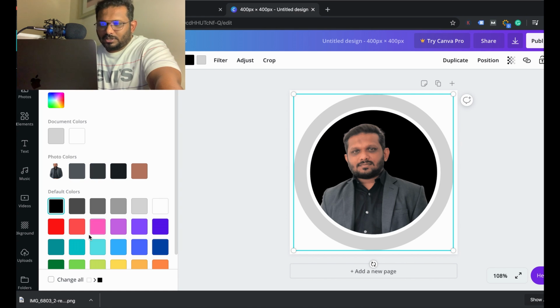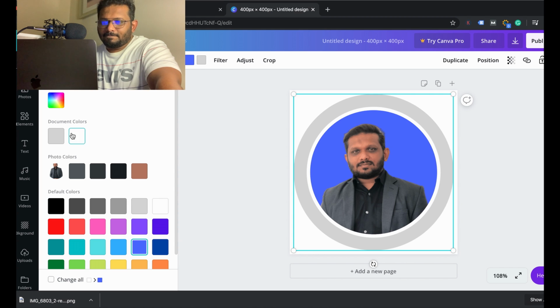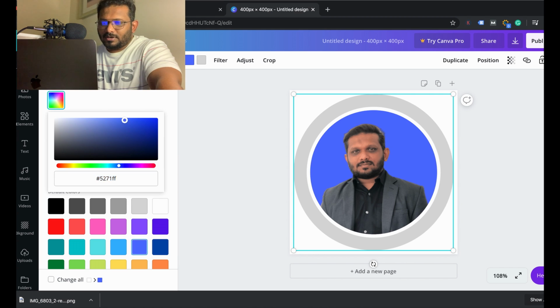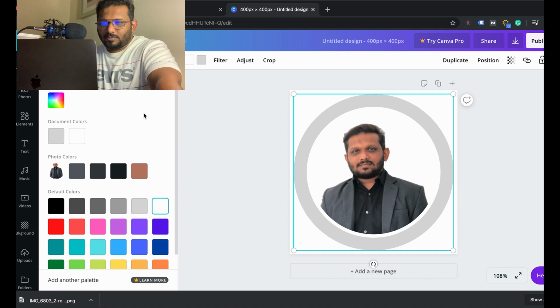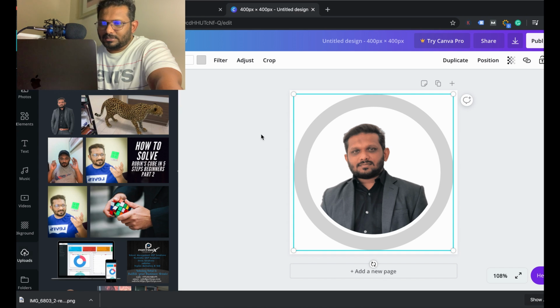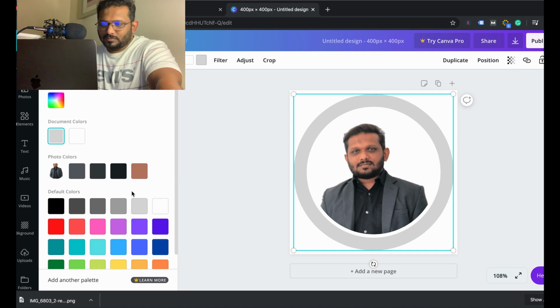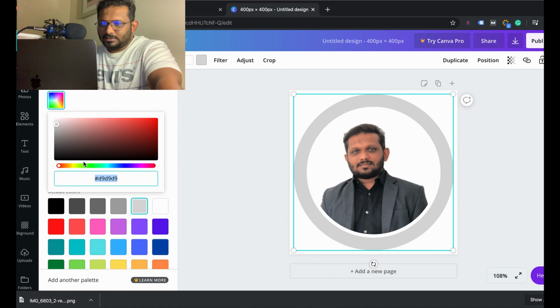You can play around with colors over here. If you want to check the color picker, you can change everything. Here I'm going with white and another color, a little lighter shade.